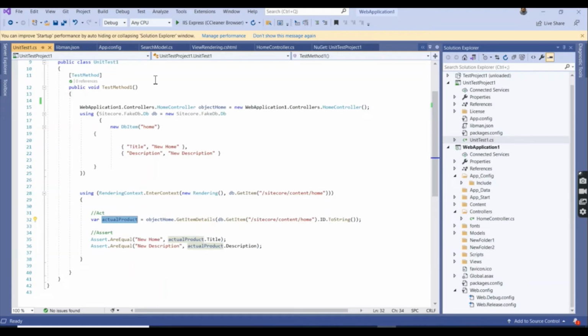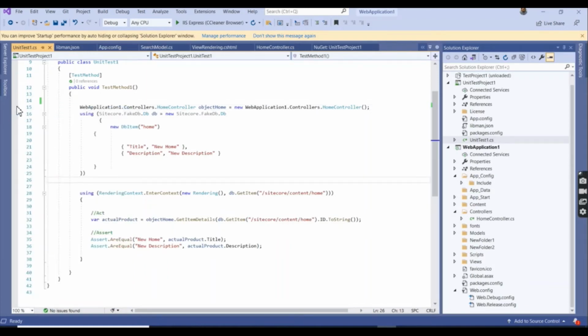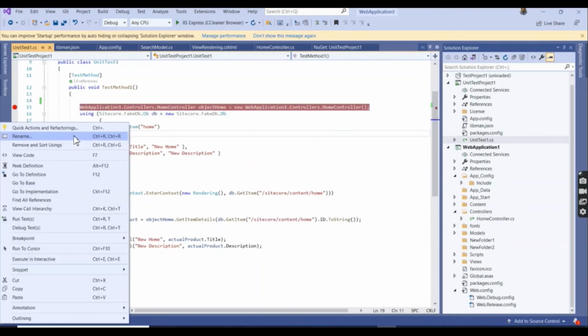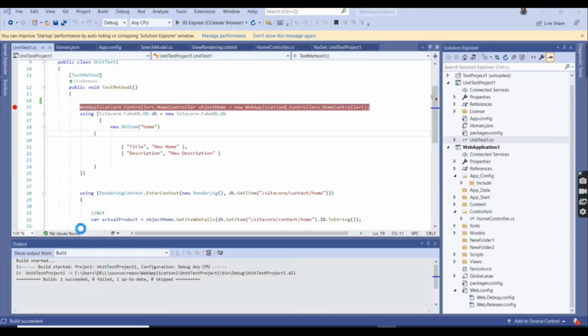Now I will show you how to run this. One minute, let me run the project. First I will set a debug pointer here and run the test. It will take some time.